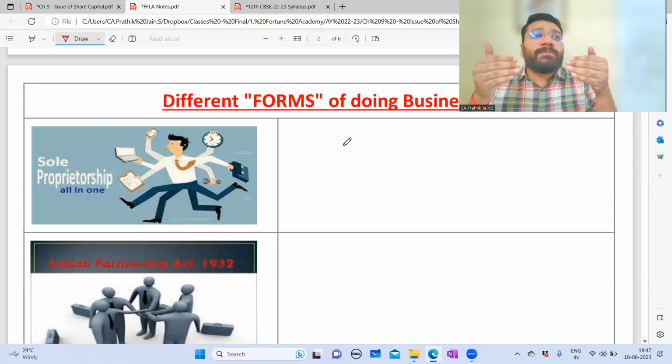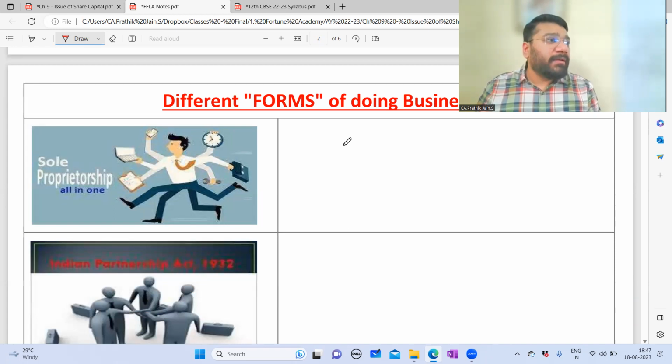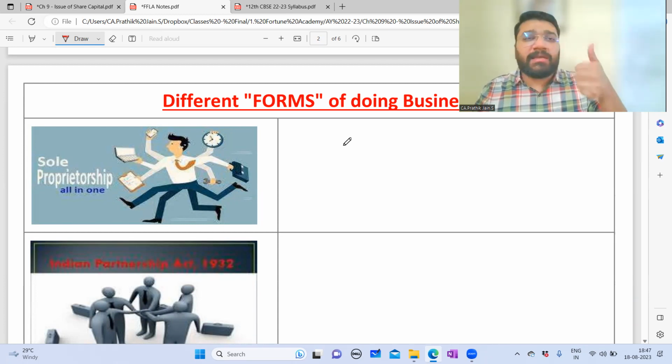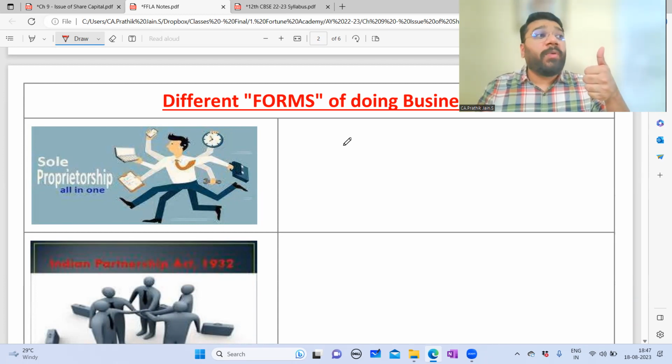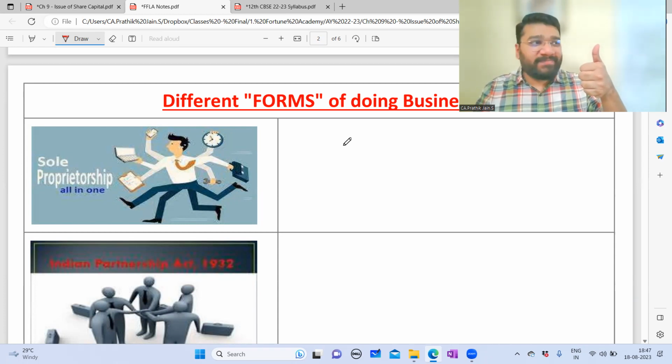When a business grows beyond that limit, then a sole owner cannot manage such kind of organization. So here the sole owner suffers from certain inherent limitations. The example being, he will suffer. First example is he suffers what? A lack of capital. Capital shortage.